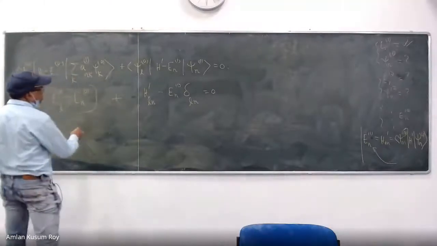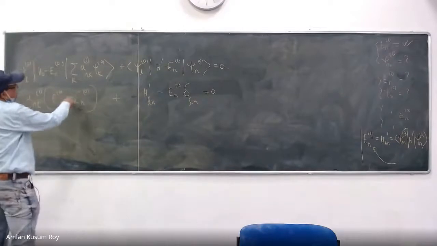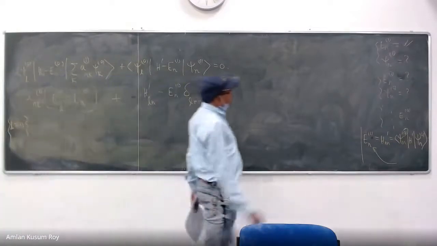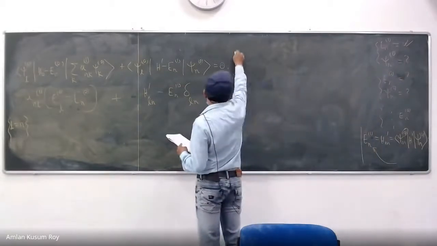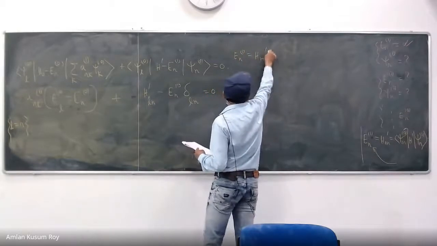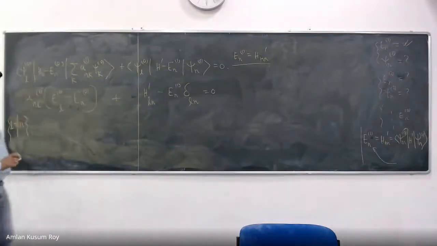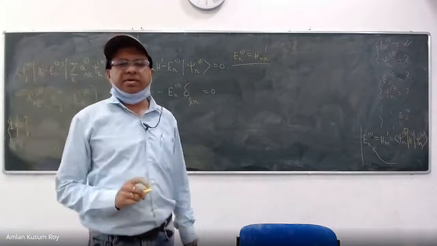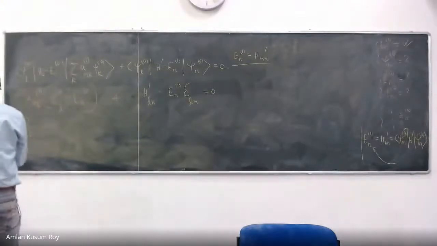Sir, H prime NL equals to EN1. H prime NN is equal to En1. That's right, because there is nothing, no terms survive. Thank you. So this is becoming 0. So you actually get what you already got here. Right, that's right. So I get En1 is HNN prime. Very good. So that's fine. So now there is nothing new. Now I am interested in what happens when L not equals to N. So let us see that, what happens to that.